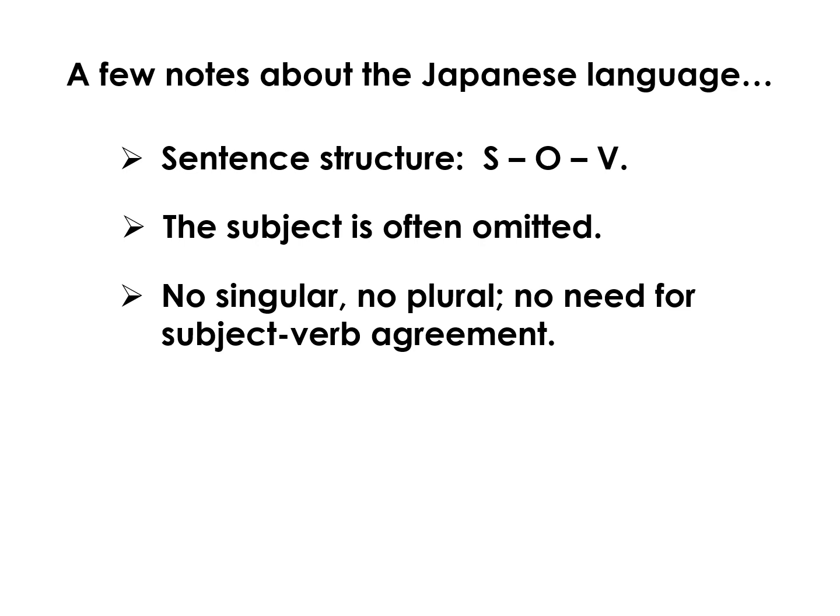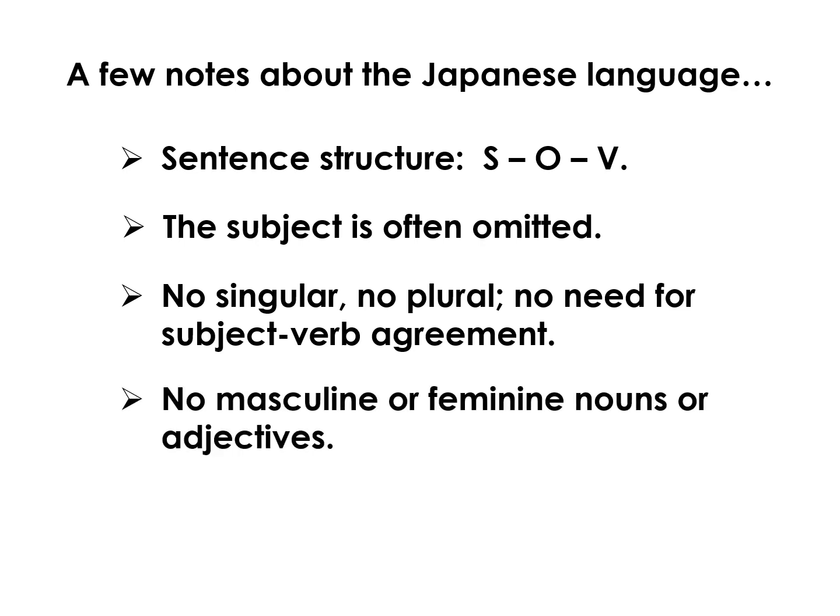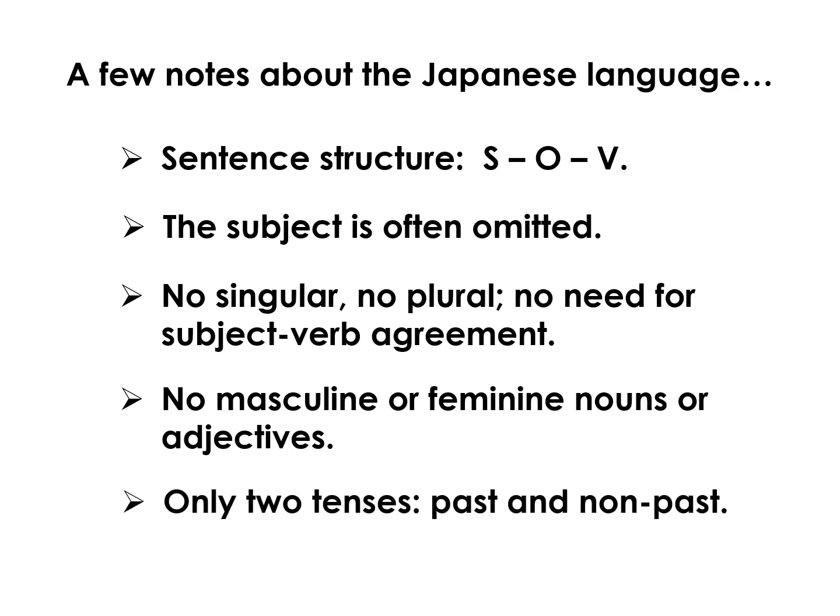Unlike in Spanish or French, nouns and adjectives do not have gender. There's no such thing as masculine or feminine nouns or adjectives. There are basically just two tenses, the past and the non-past. The future tense is indicated by using the non-past tense plus the use of a time expression, such as tomorrow,